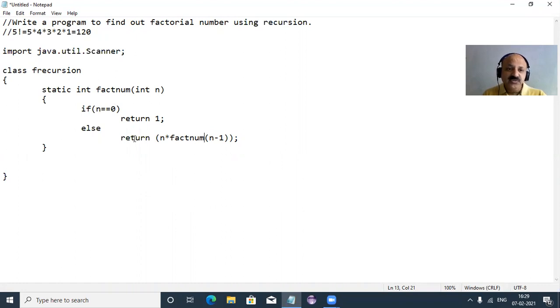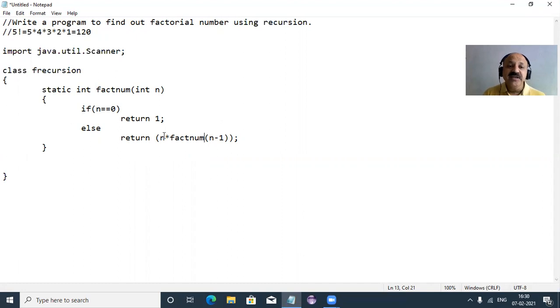If the condition is false, 5 minus 1 is 4, again call, and then the if condition; then 3, again call, then go to else. So 3 minus 1 is 2, again, and then 1, and again minus 1 is 0. Then the if condition is true and it returns.